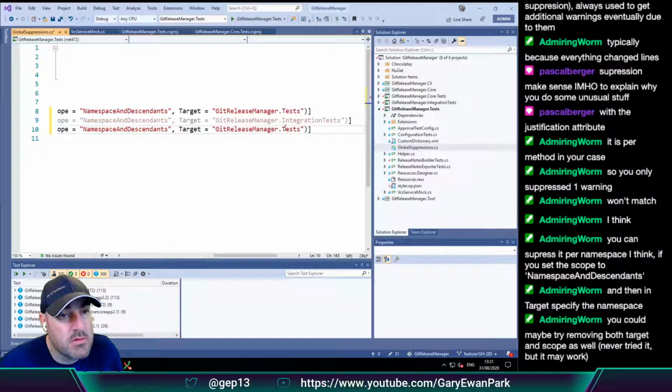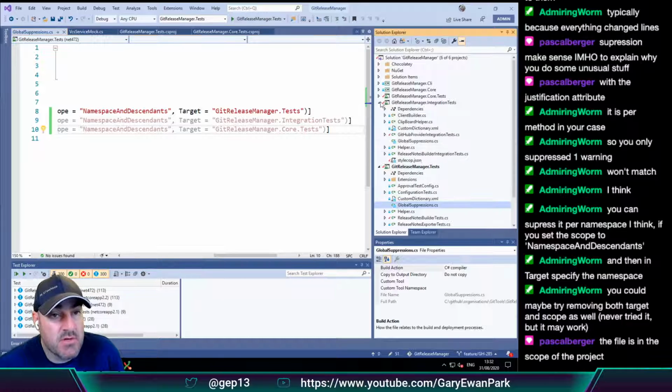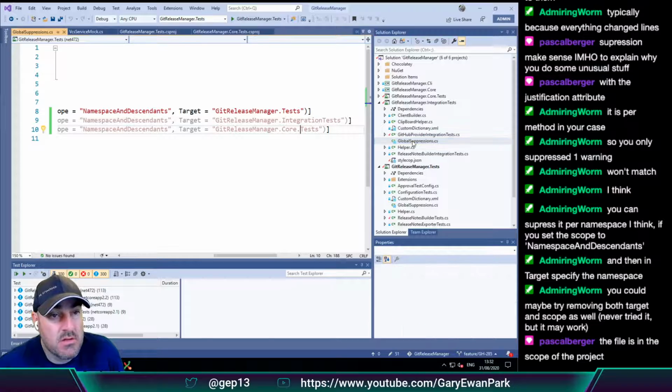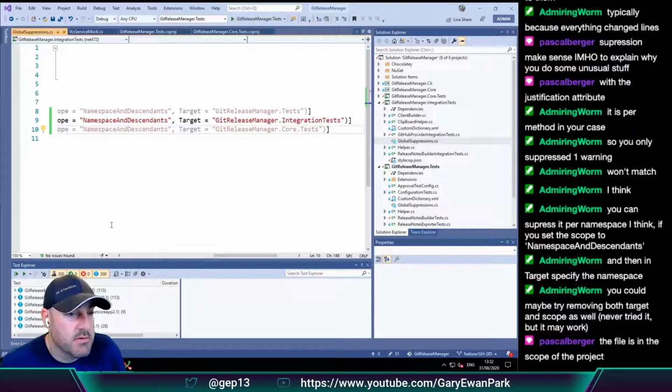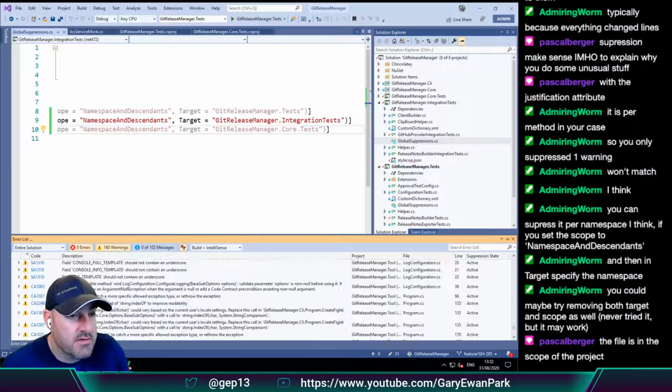GitReleaseManager dot core dot tests. Oh, so you're saying if I look at it over here. Ah, okay. So that's fine, I think.